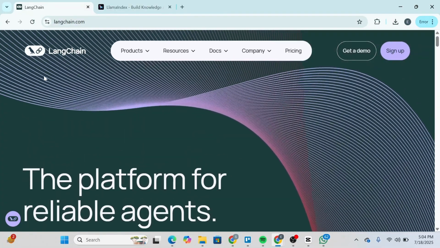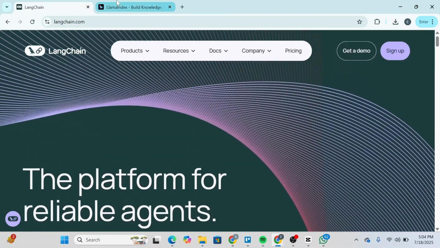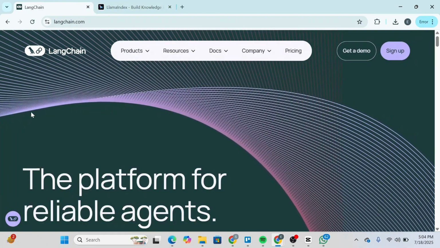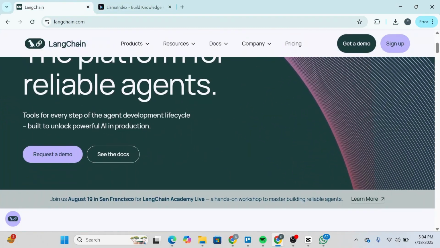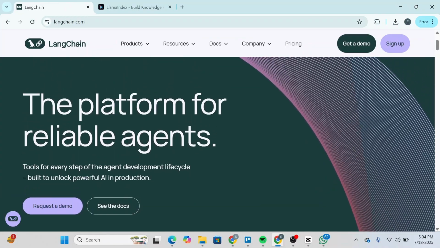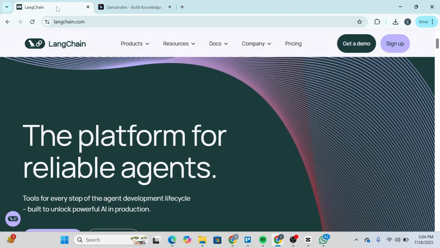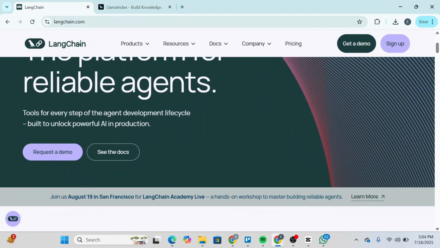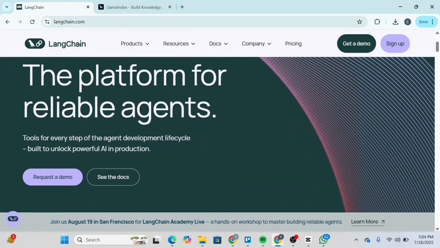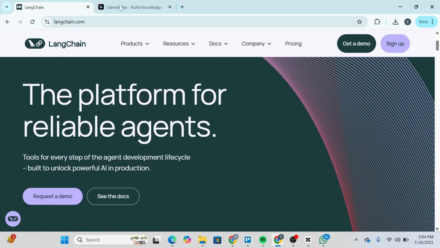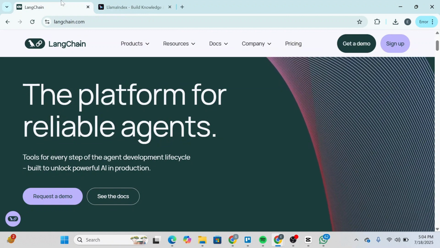In today's AI driven world, if you're building apps that rely on custom datasets, choosing the right framework isn't just a technical choice. It could save you weeks of development and debugging. In 2025, two names lead the pack: LangChain and LlamaIndex. They're both powerful open source tools with strong communities, but they're optimized for different use cases. So let's dive in and compare them across usability, features, scalability, and integration.